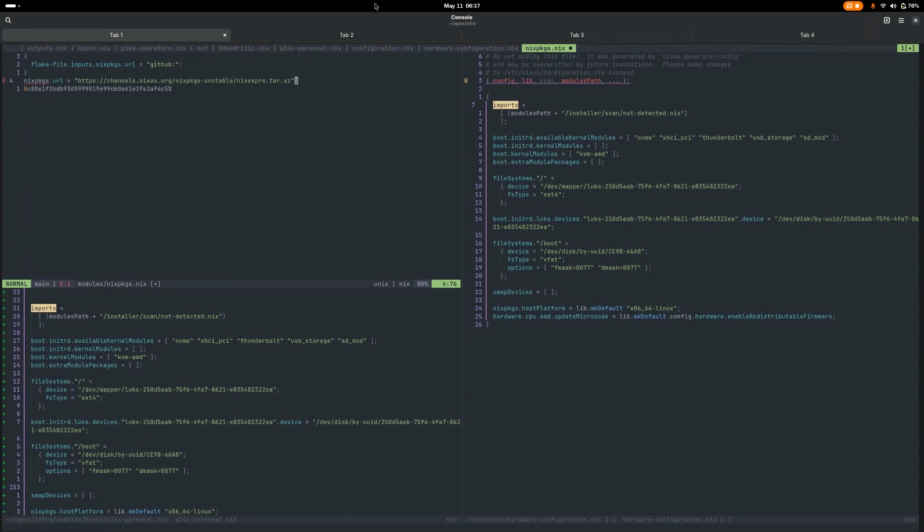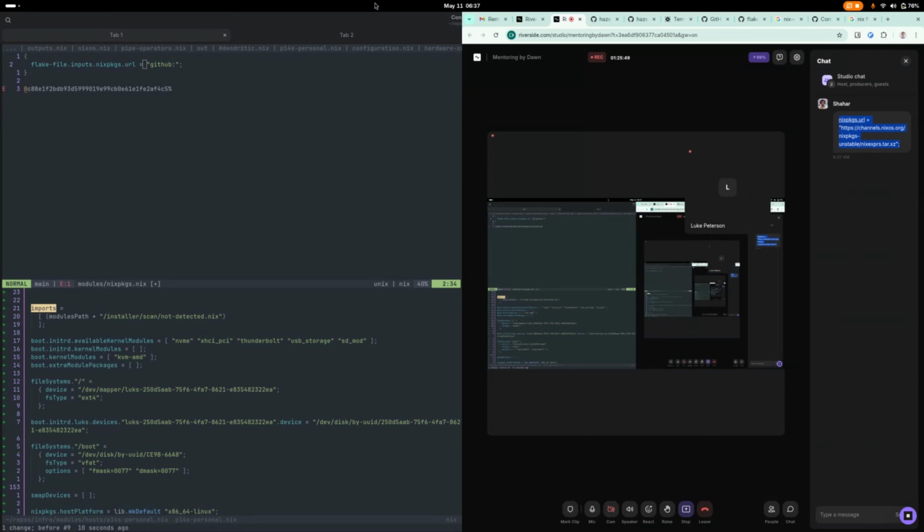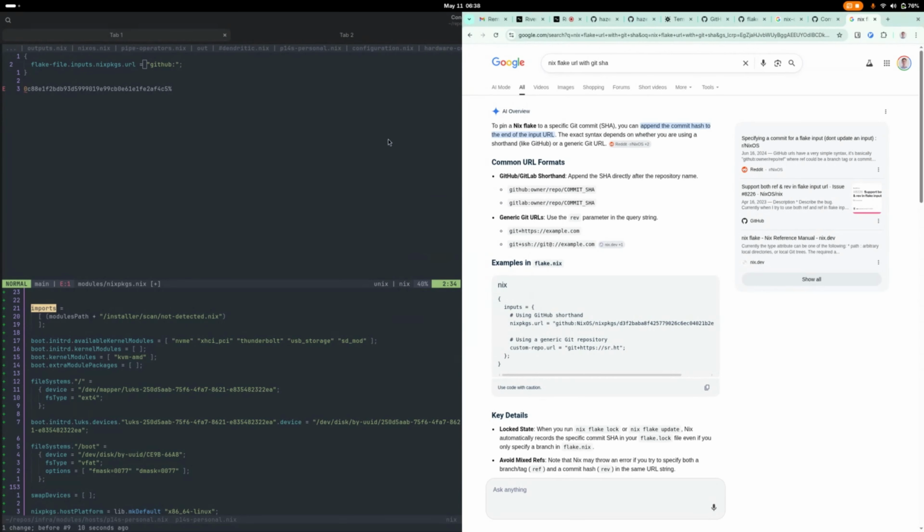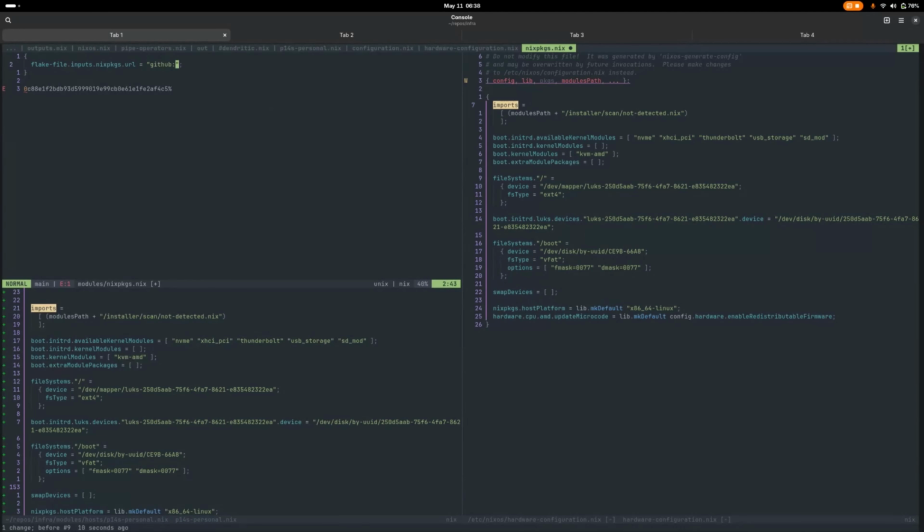Okay, so I don't think this works. I don't think you can, this is channels. I think you're going to have to do it from GitHub. So it'll be something like GitHub colon NixOS slash nixpkgs, and then slash, yes, you can paste that rev after the slash,